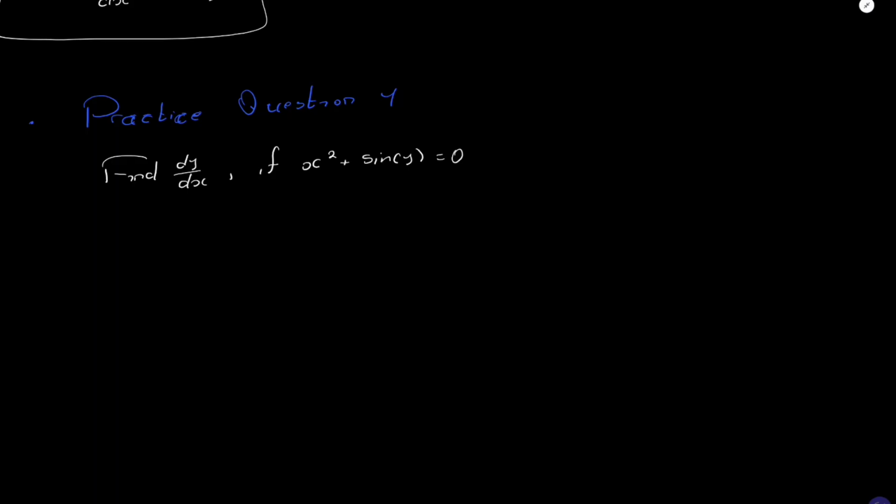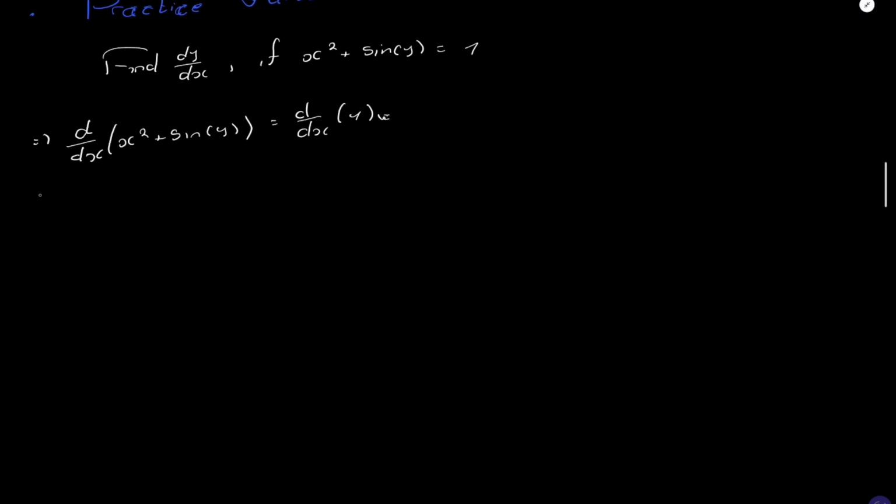What was then our next step? Our next step was to perform differentiation with respect to x on both sides. So let's apply that. This implies that the derivative with respect to x of our left hand side, x squared plus sine y, is equal to the derivative with respect to x of the right hand side. And what is the right hand side? Sorry, here is 1, not 0. Yes, I wanted to put 1 there. I just want to change it to 1, which gives us,